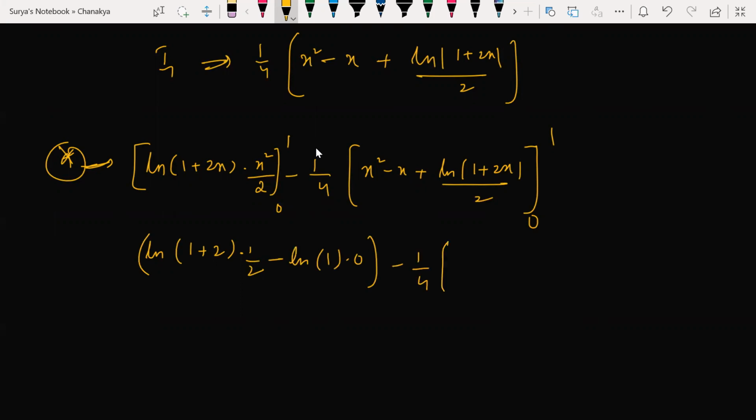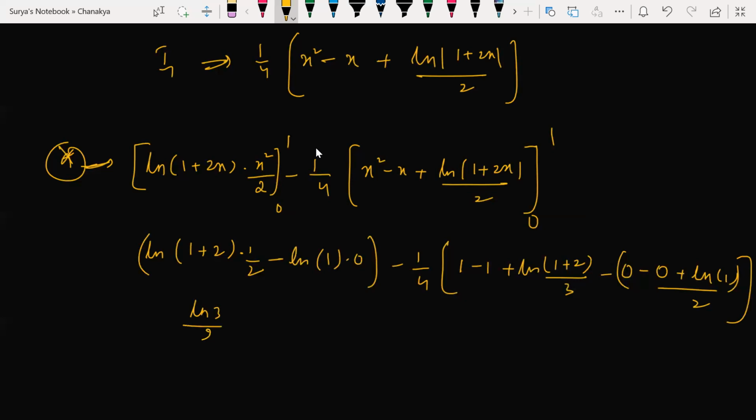So 1 by 4, 1 minus 1 plus ln of 1 plus 2 divided by 3 minus 0 minus 0 plus ln of 1 by 2. Everything becomes 0, don't worry. So ln 3 by 2 minus 0, minus 1 by 4, 0, and ln 3 by 3,